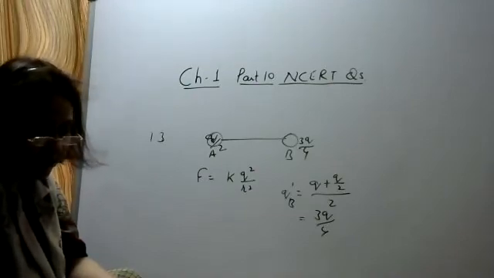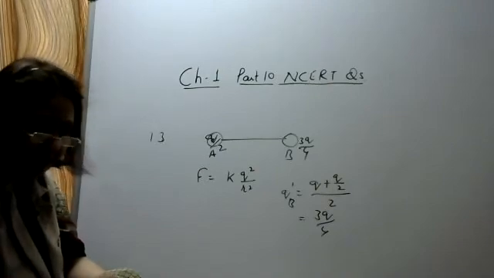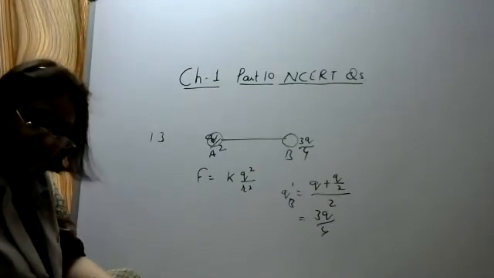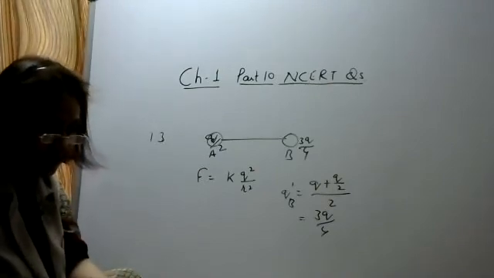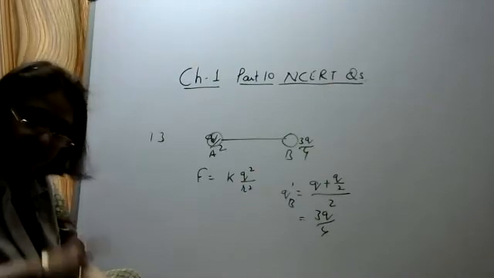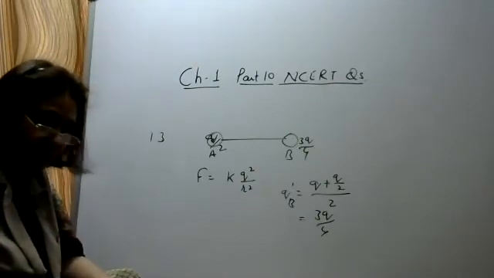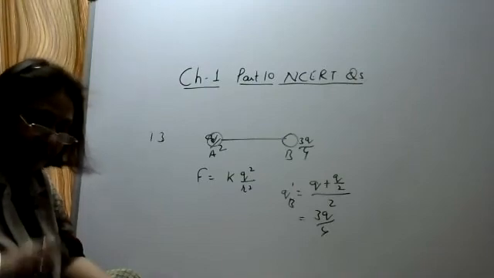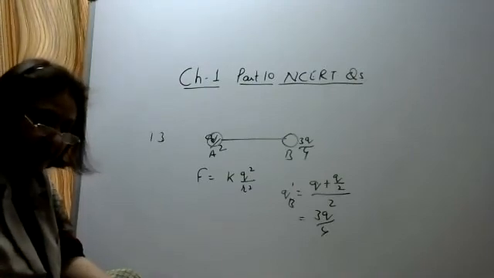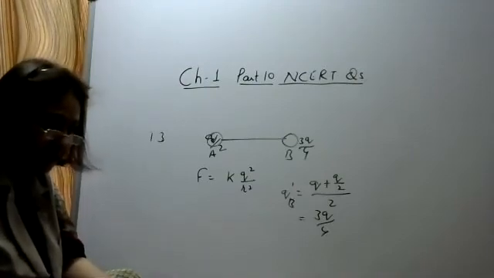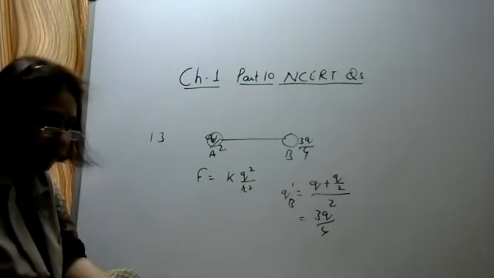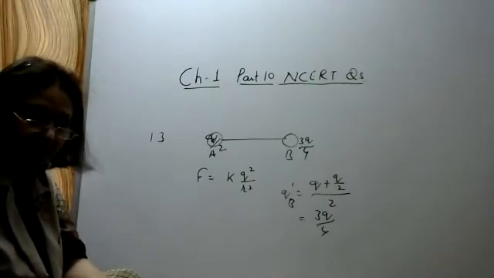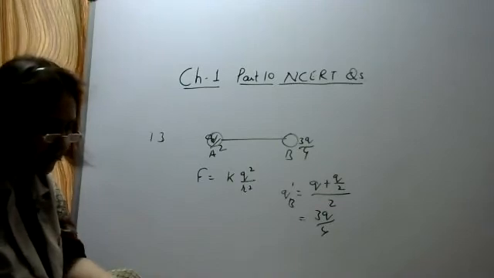Okay, now E by M ratio. The one which is more displaced will have more E by M ratio. So the charge 3 is more displaced towards the negative sheet. 1 and 2 are less displaced as compared to the third one. The third one is more displaced, so the third one will be having more E by M ratio.